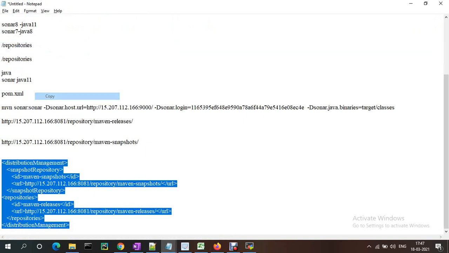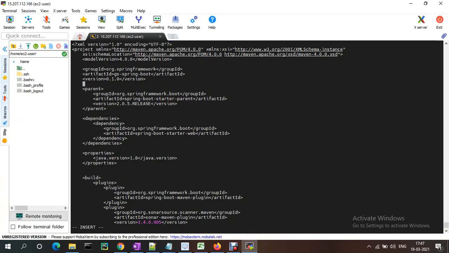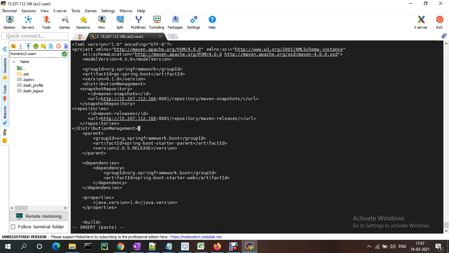Let me copy this one. So it should be added here, repositories. If you want you can change it to maven repository and maven snapshots, snapshot repository. I just keep it repository. There are two types I told you. Distributions.